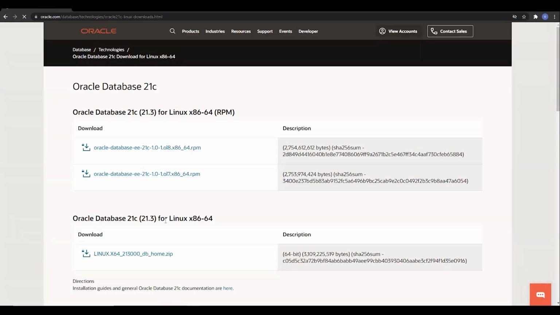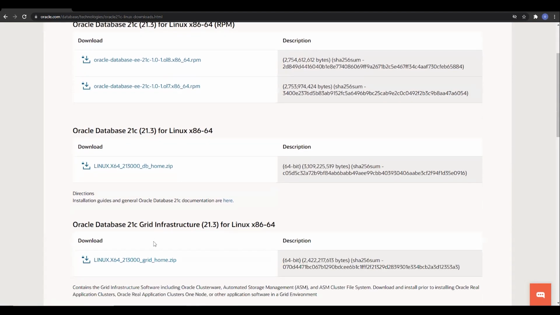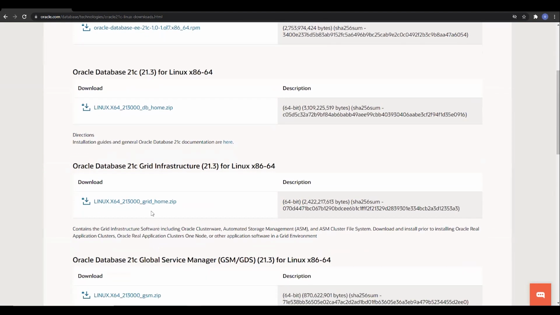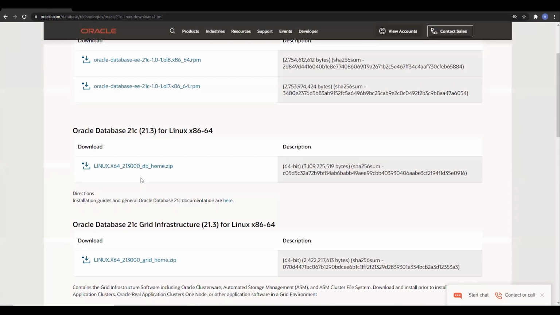Here you have to download the DB Home if you are going to do a single instance database installation. If you are performing the grid installation, please look at this software also. These two are used for the RAC installation.